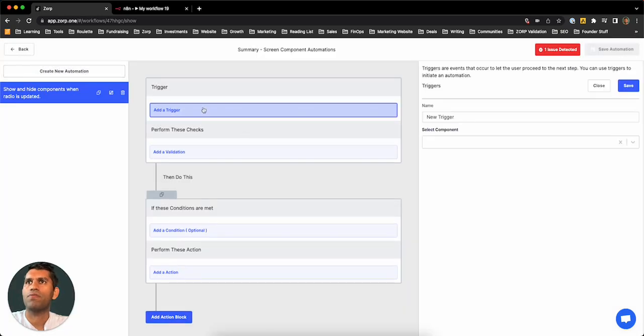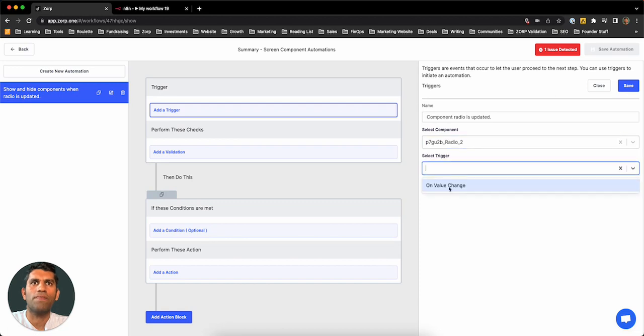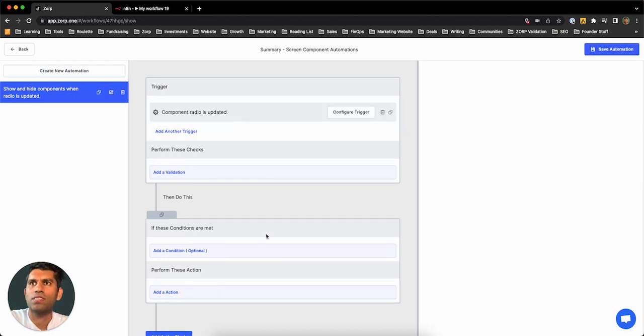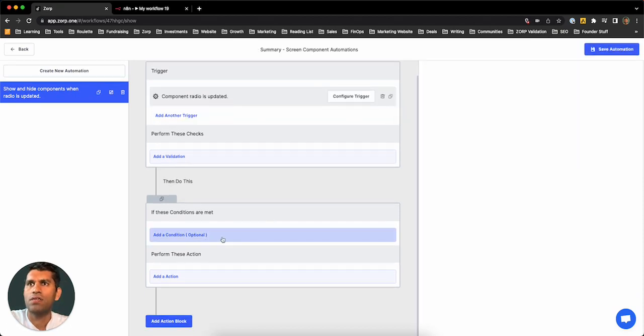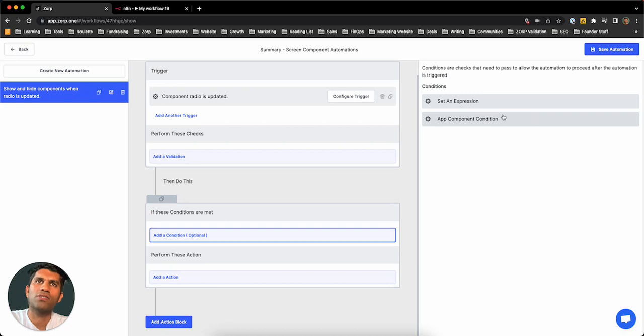Okay. So now the trigger basically is, I choose a radio component on value change. So whenever the radio component's value changes, this automation gets run. So I save. There are no validations here. In the first action block, the condition is basically